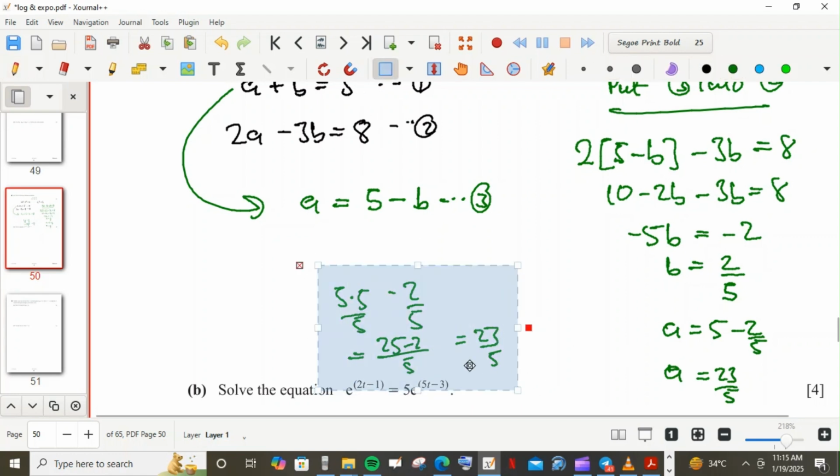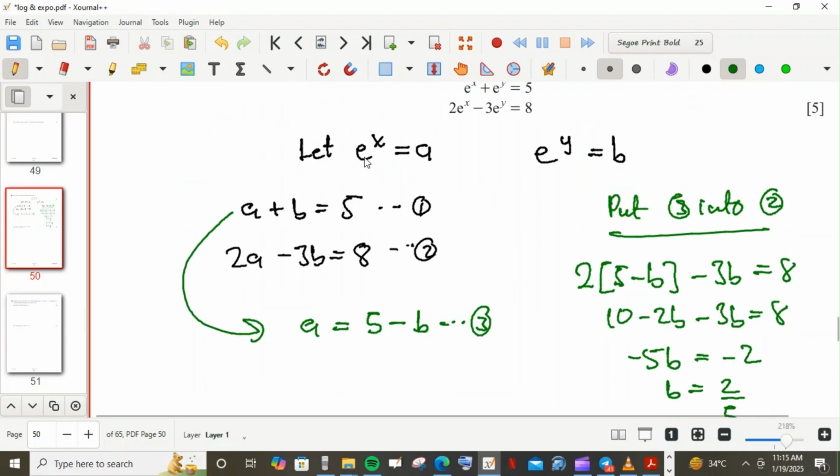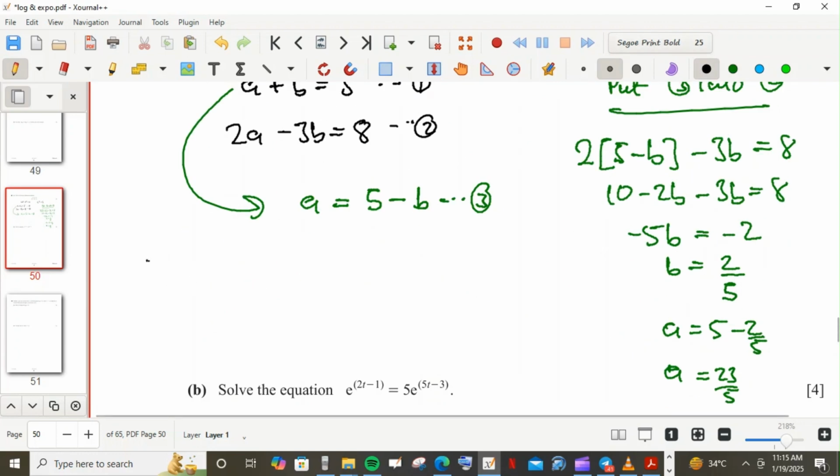Okay, but don't forget, you're not done. You said that e to the power x is the same as what? A. So e to the power x, your a is what? 23 on 5. So what do you do here? You find ln of both sides. So I'm going to get x to be ln